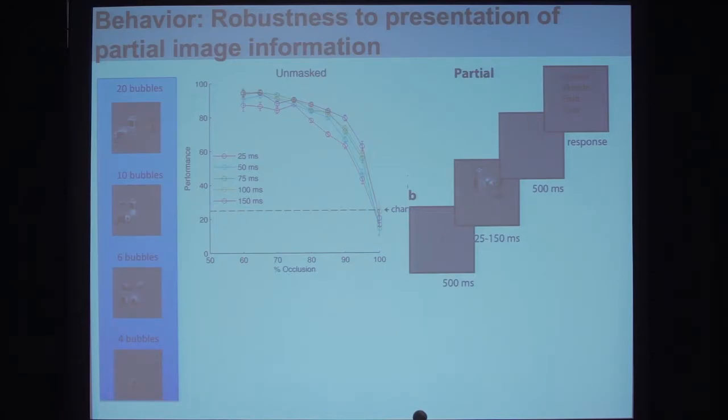And it turns out that our visual system, as you might imagine, is extremely robust to deleting huge chunks of the image. So here we're showing psychophysics performance on the y-axis as a function of the amount of occlusion. Each of those lines corresponds to different exposure times, how long we present the images for. And you can see that you can go up to 80 or 90% occlusion. So you only have 10 to 20% of the information in the image, and we can still recognize those images quite well. In this particular case, there are 25 images. There are 5 different categories. People are doing a categorization task, and people can do extremely well despite very, very heavy occlusion.